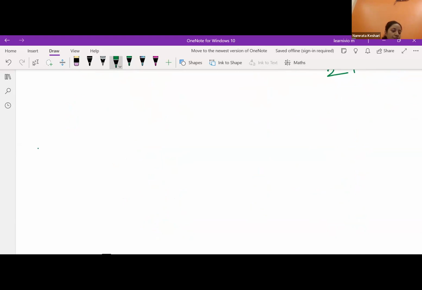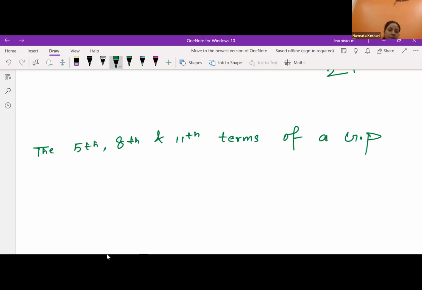Now it says the fifth, eighth, and 11th terms of a GP are P, Q, S respectively. Show that,